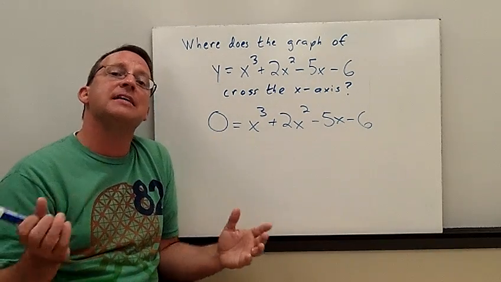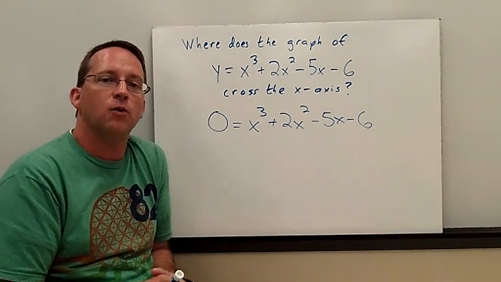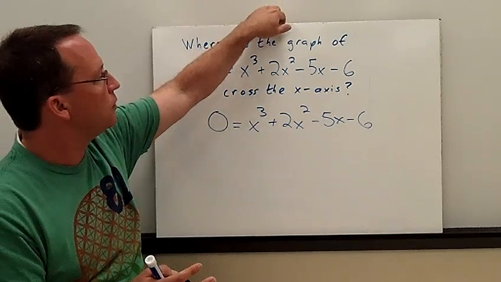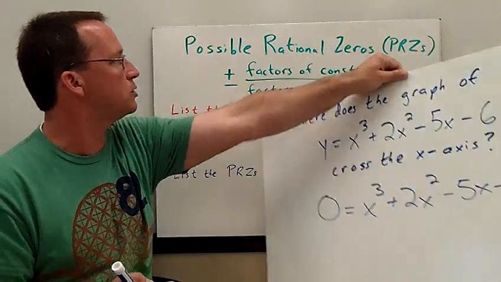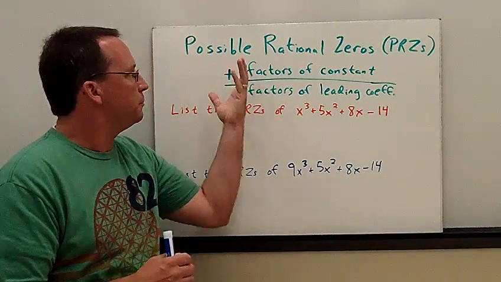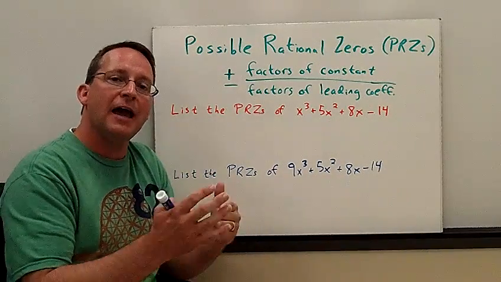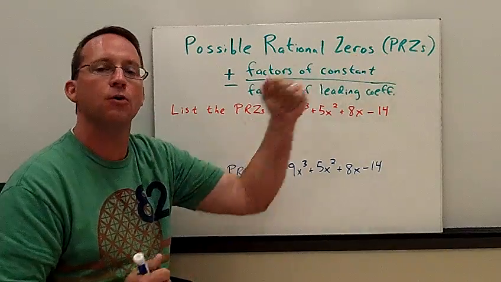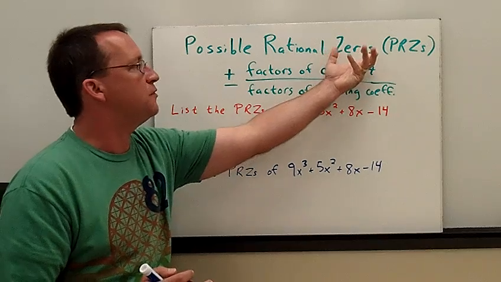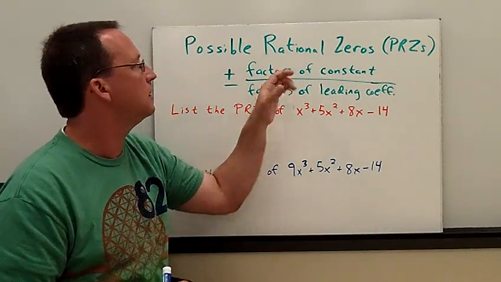So the question for us today is, how do we make our own magic? How do we find these factors on our own without having one given to us? And the key is something called possible rational zeros, or PRZs for short. What we're looking for here is a list of anything that might work as a solution, as a zero to this polynomial. Anything that's possible to be a zero or an x-intercept or a solution to this equation that is